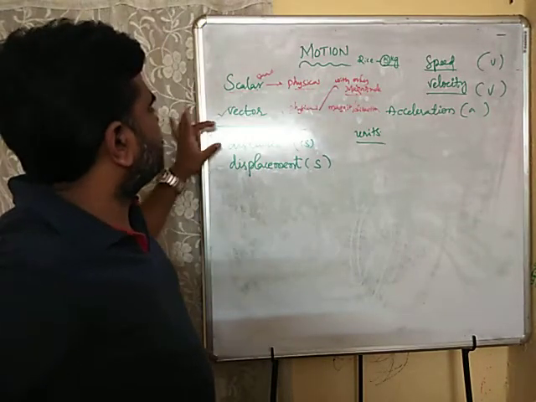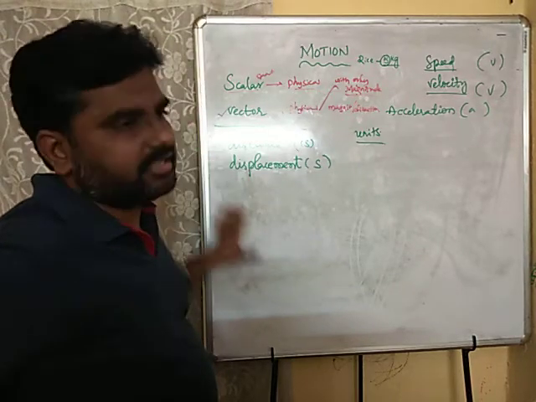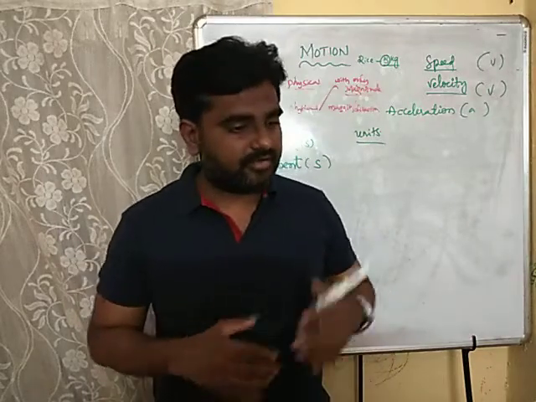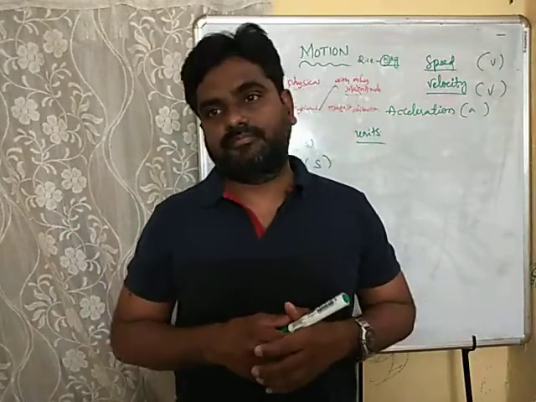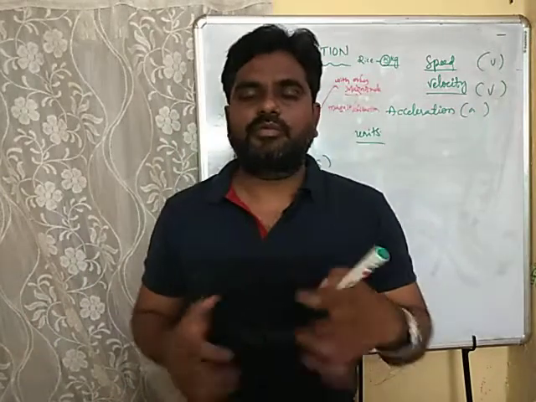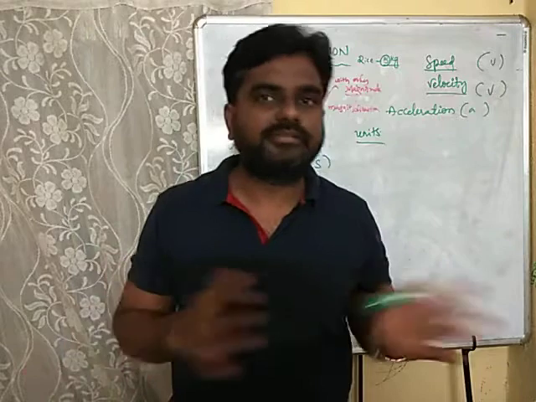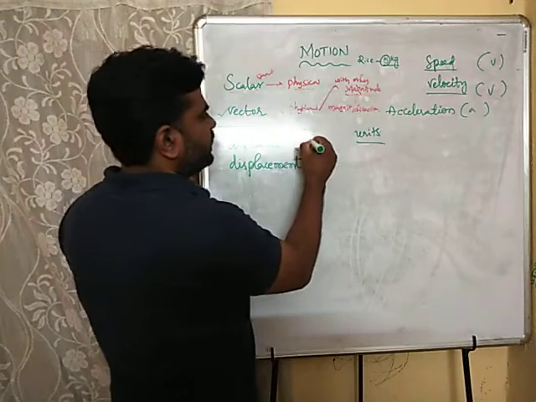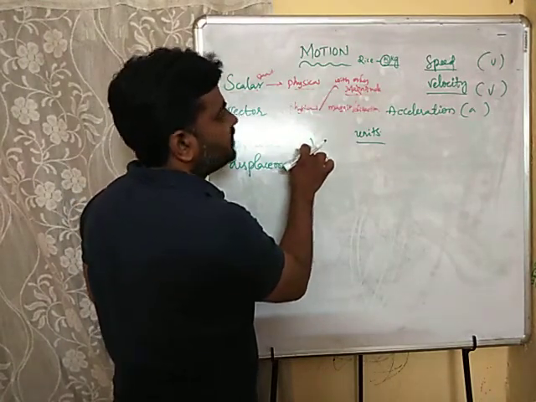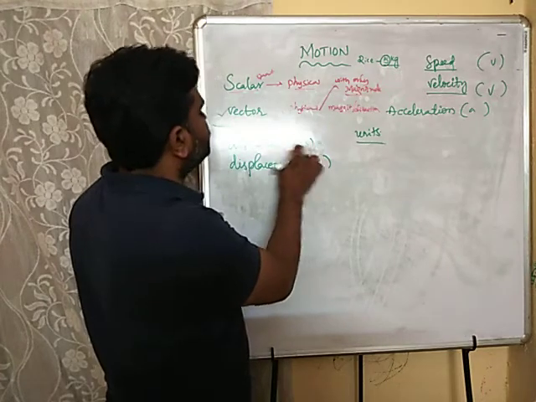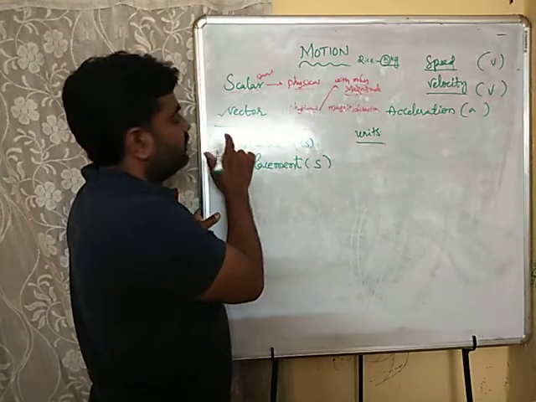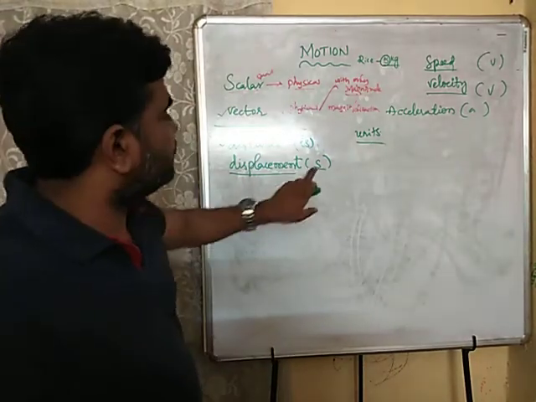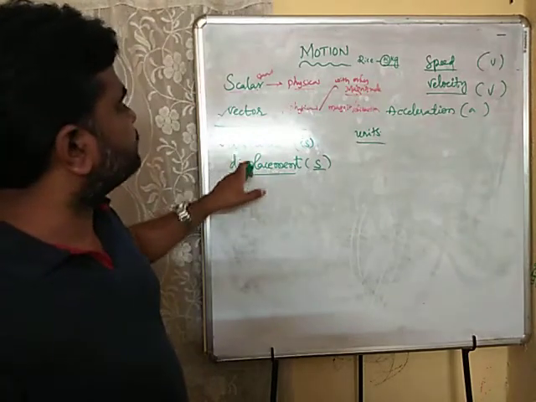Now the next concept is distance and displacement. In my last video I might have used this word displacement. What is distance and what is displacement? Is there any difference between them? Yes, there is a lot of difference. We learned in the last class that S is the alphabet used for distance, but displacement also can be written with S itself. Then what could be the difference?